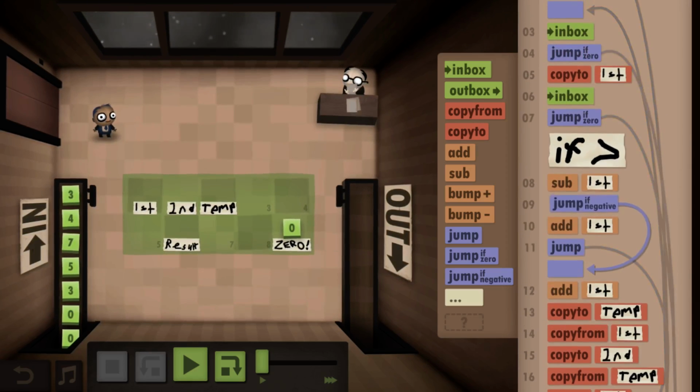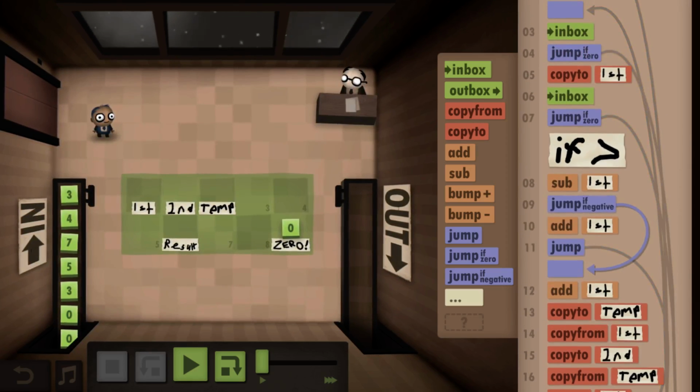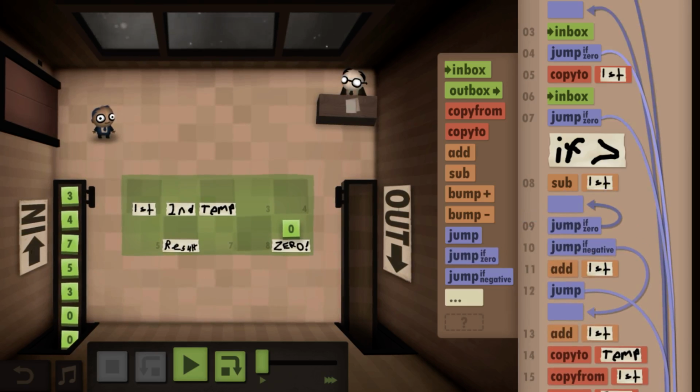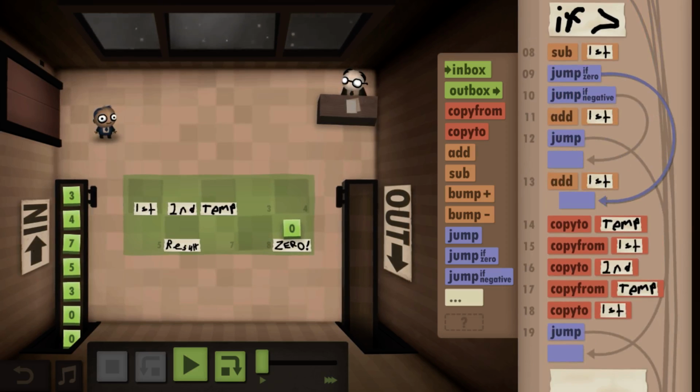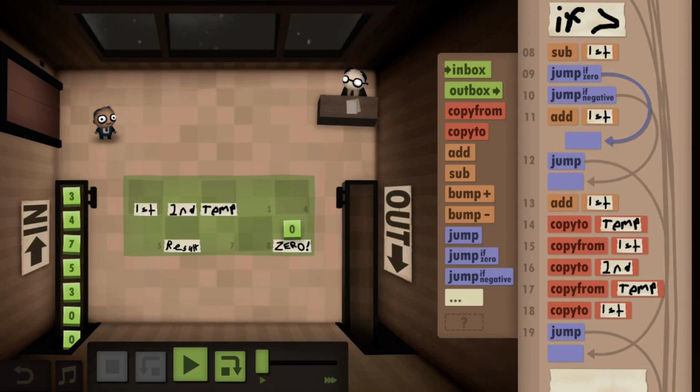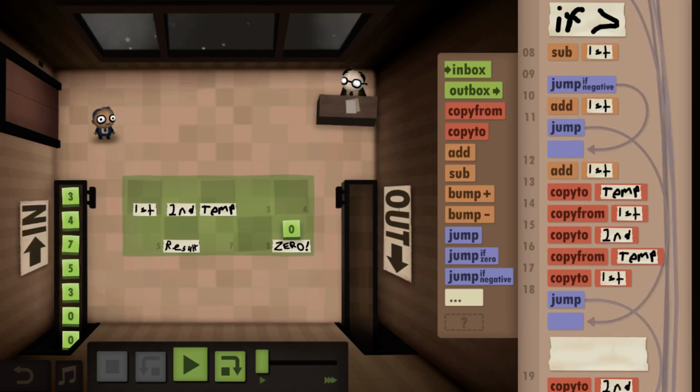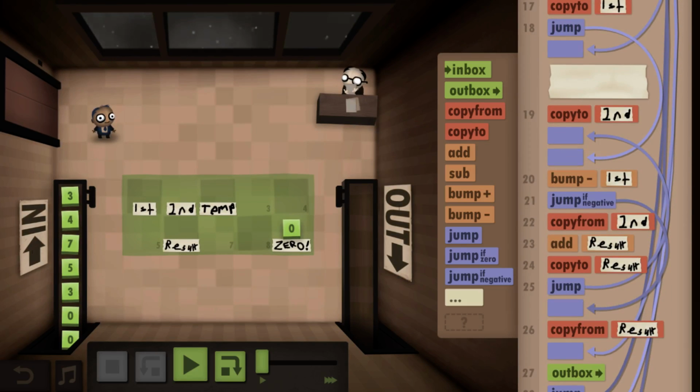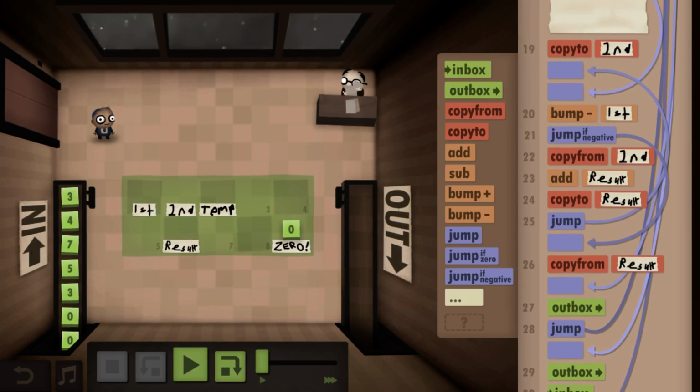So subtract if 0, in this case, that's not the subtraction we need. Here we have bump the first.